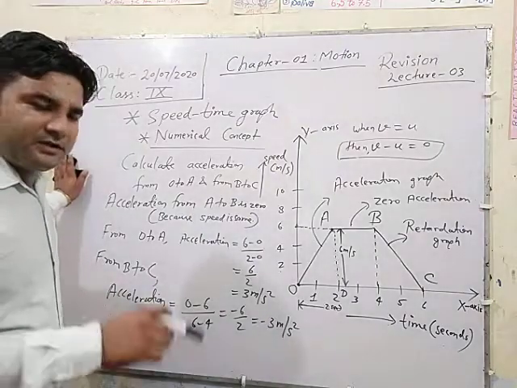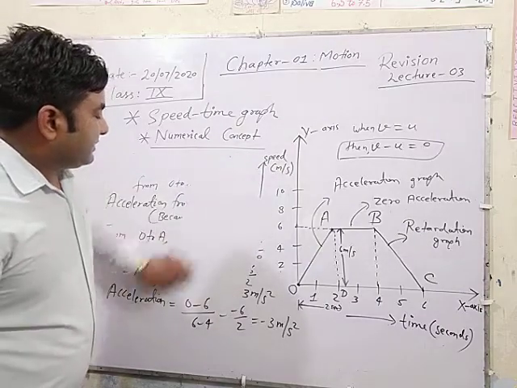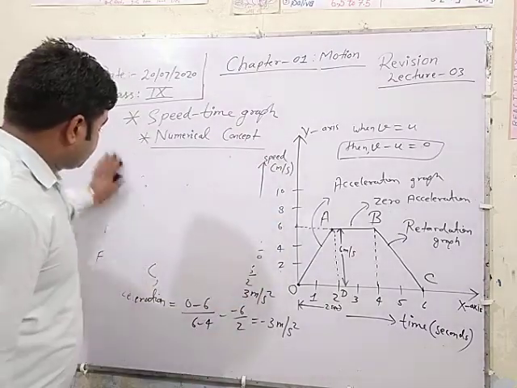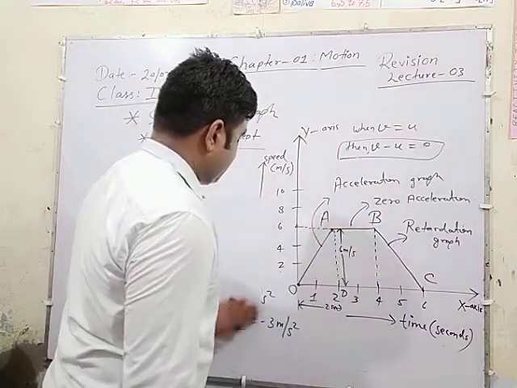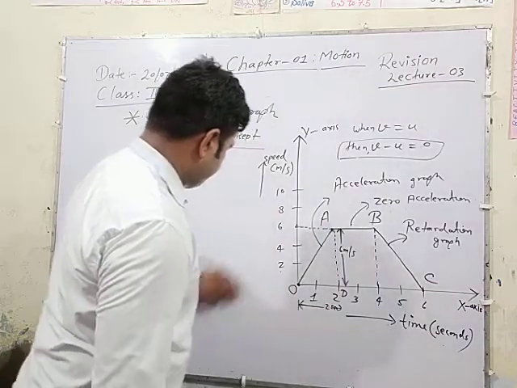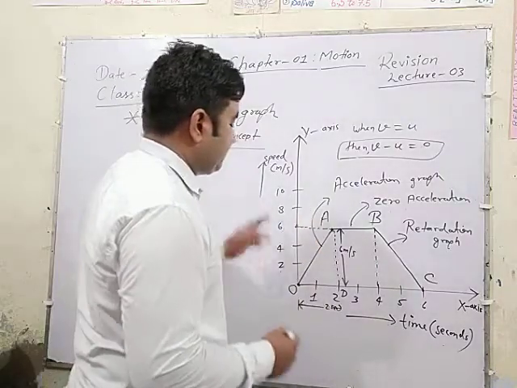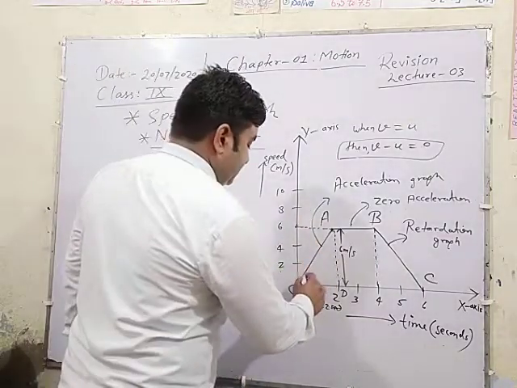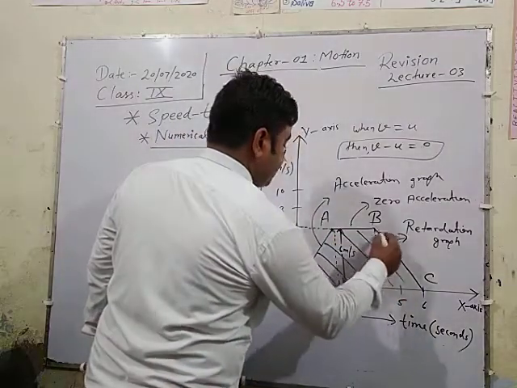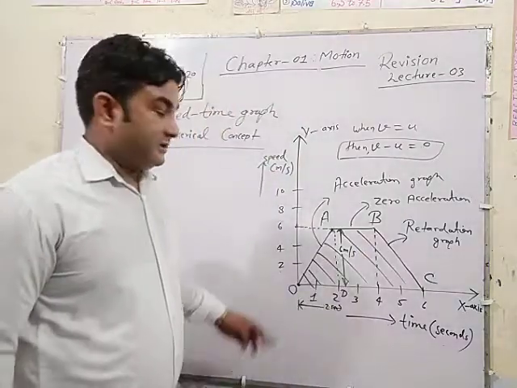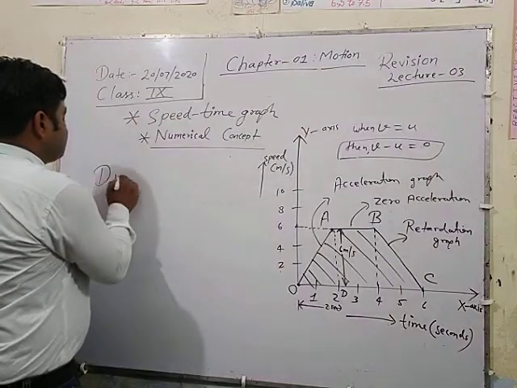And suppose you have to calculate distance. Then during whole motion from O to A and further B and then from B to C, suppose you have to calculate what? Distance. Then how representing distance? Speed time graph under area. This one area. If we just calculate the area under this speed time graph, then distance